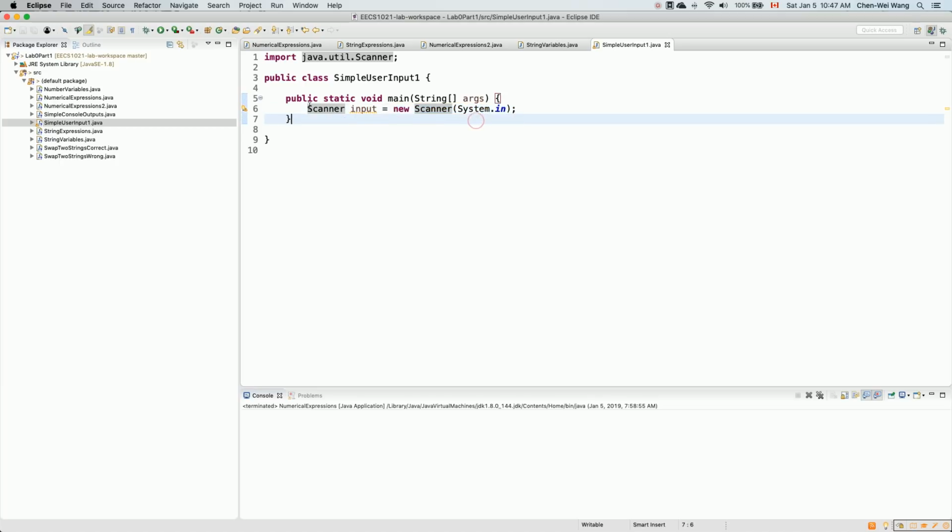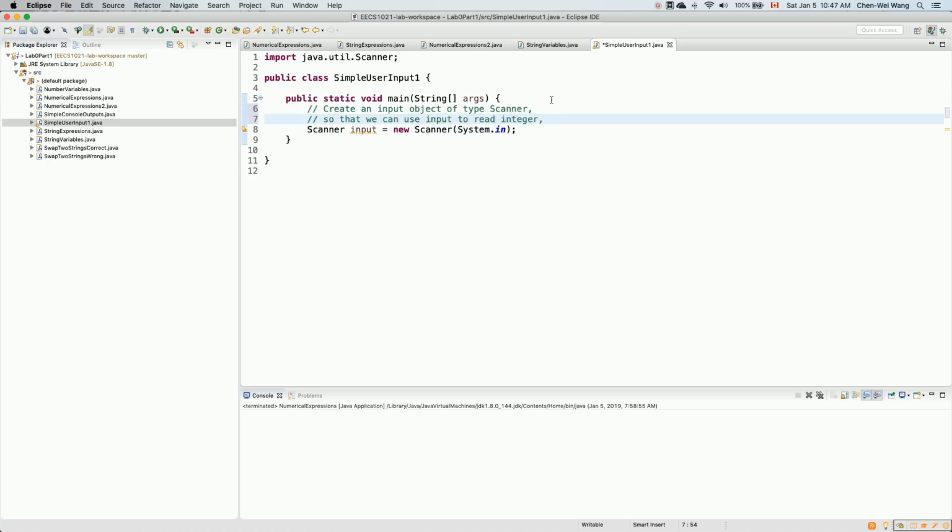So basically what this line does, I will just write it for you: create an input object of type Scanner,